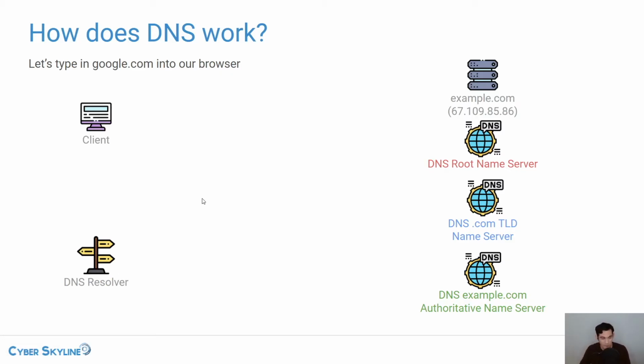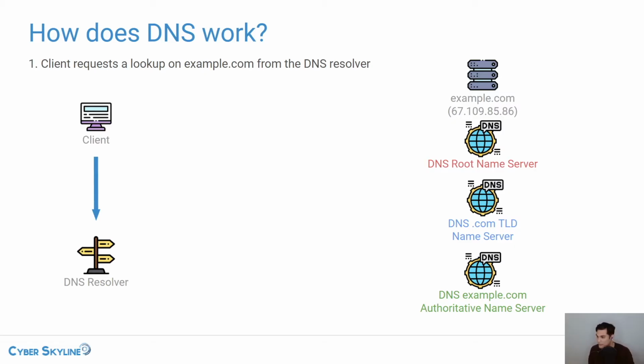So that first step that I mentioned is that the client makes a request to the DNS resolver. And then the DNS resolver, if it already remembers who is responsible for example.com, will immediately take you to example.com. Let's just say in this example, that's not the case. They don't know who's responsible for example.com. So then they'll ask, okay, do I know who's responsible for .com?